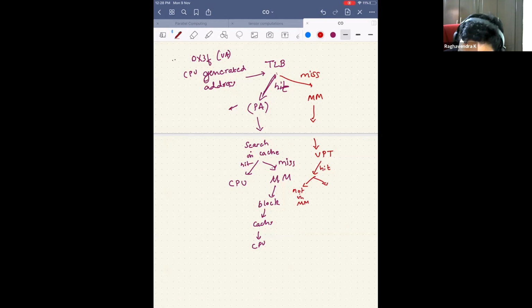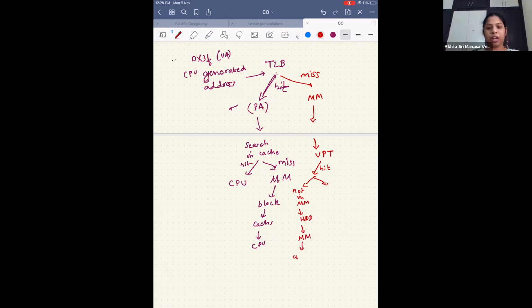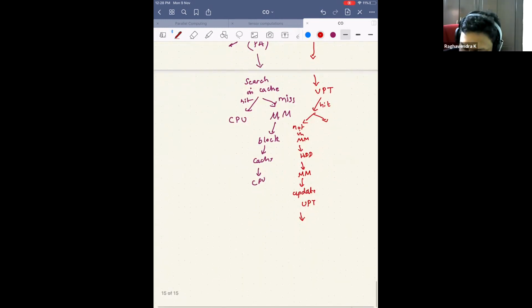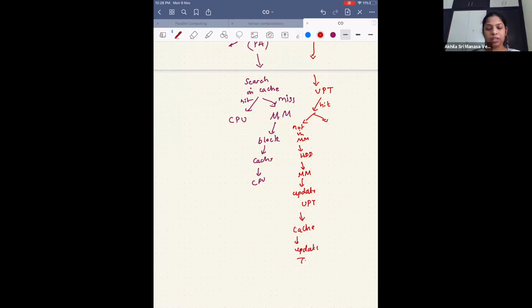Then what do you do? You go to the hard disk, copy the page to the main memory, update the VPT, get the data back for that particular block. Now you bring a block to the cache, and also update the TLB and send the data back.